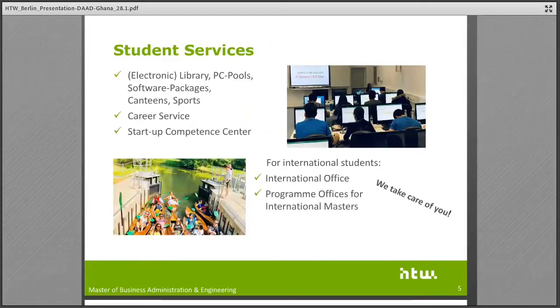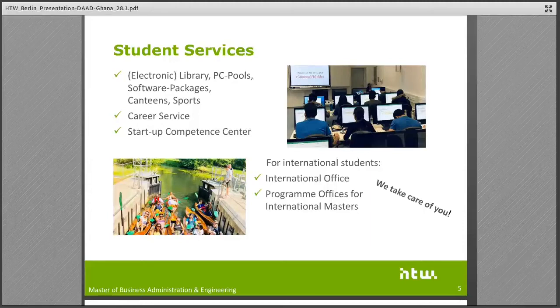Okay, so now let's move on to our student services. It is very important for us to support our students and to take care of you during your studies. So let's have a quick look at what we offer. Of course, we offer a full range of student services of a modern university. We have a library and e-library, which is extremely important at the moment. We also offer PC pools and software packages for our students.